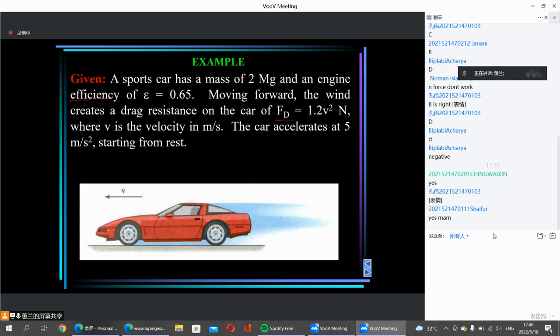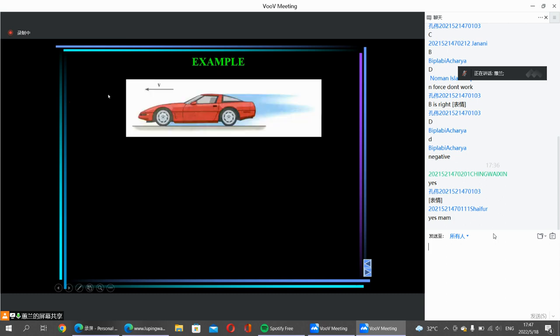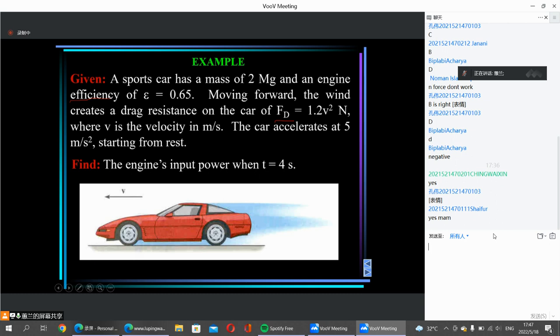And the car accelerates at 5 meters per second square starting from rest. That means we know its acceleration. The acceleration is constant and it starts from rest, and then we can know its velocity at any time. We need to find the input power when t equals 4 seconds. We need to find out the input power, and here we have the efficiency. So if we know the output